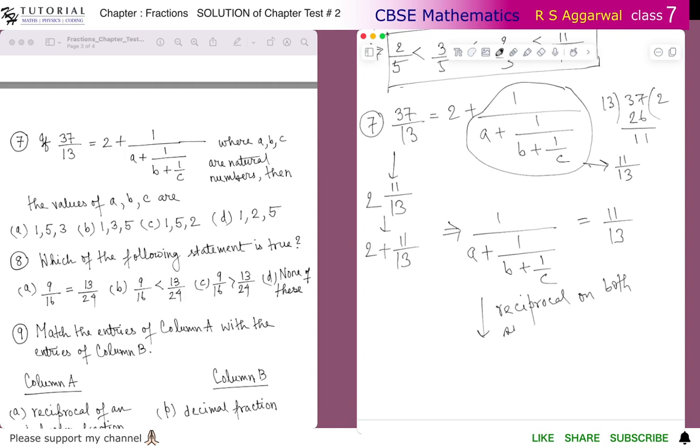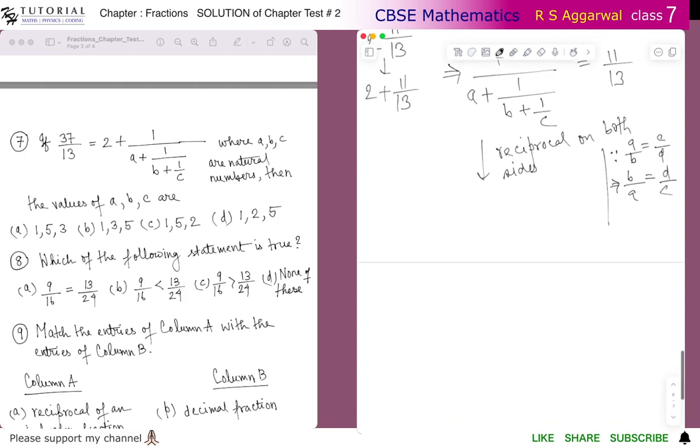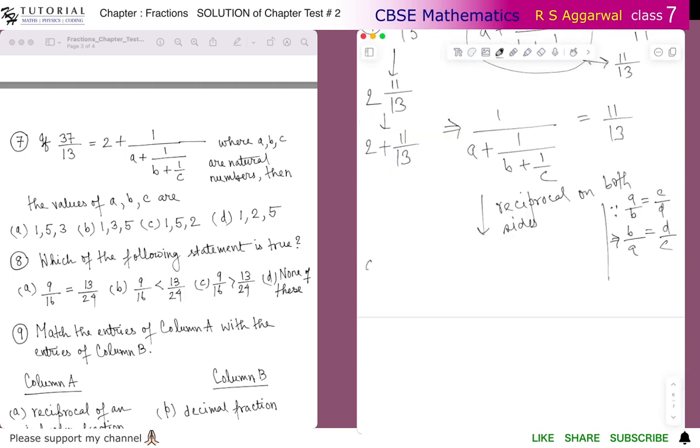If two fractions are given equal, a by b equals c by d, this obviously implies that b by a, the reciprocal of the fractions, will also be the same. So if I take reciprocal on both sides, I get a plus 1 by b plus 1 by c equals